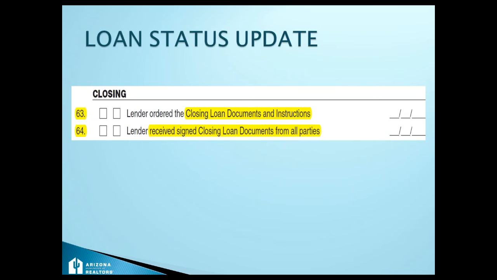The other part of the scenario, which I think is going to be new, is that it'll be interesting to see again in a couple of weeks, once we start closing deals, how many lenders are going to farm out the closing docs to be signed at the title company, and are they going to want to see them back? I suspect they will. They're going to want to get all the loan docs back to review by their closing department prior to releasing funds. And that's why there's the school of thought out there that consummation, signing loan docs, and closing are going to be tough to be done on the same day, at least initially, until the lenders figure out,